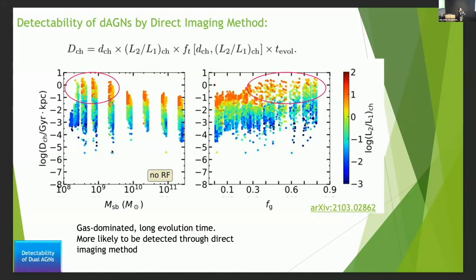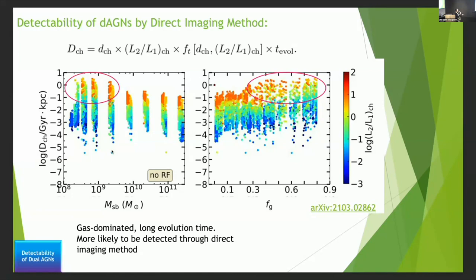So here we show the detectability of all those 40,000 pairs of DUAGNs. I'm sorry if people can't see on the right side of the room. The left is bulge mass, the right is gas fraction, and the color bar is the most likely luminosity ratio. So as you can see in these two plots, DUAGNs in host galaxies with bulge mass smaller than 10^10 solar masses or gas fraction larger than 0.2, illustrated in these two red circles, have the highest